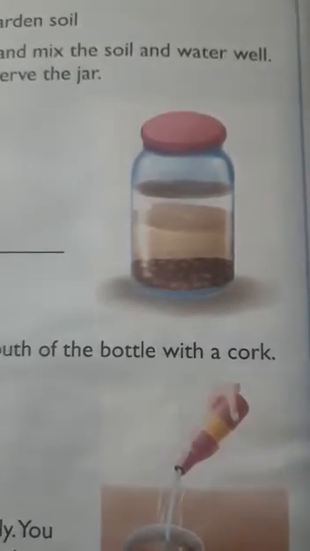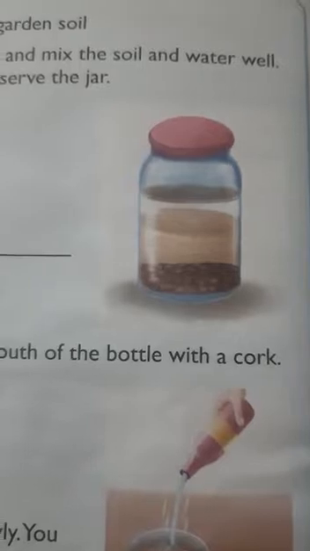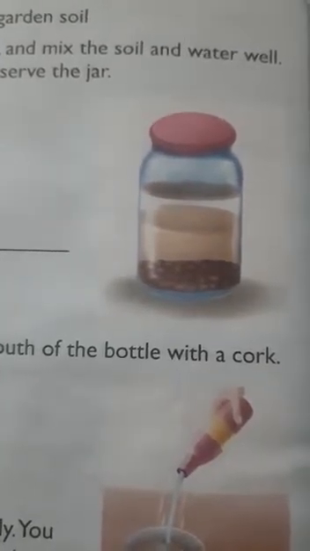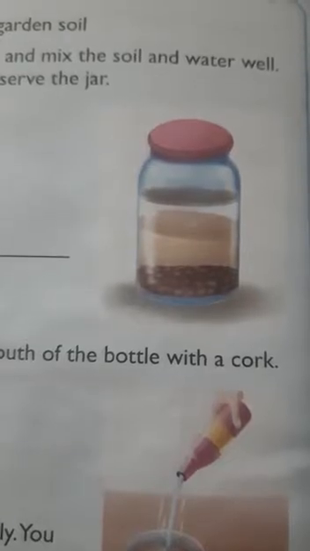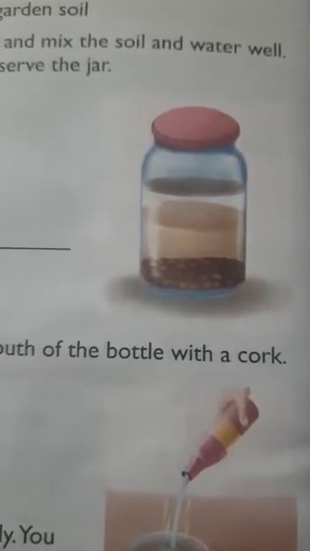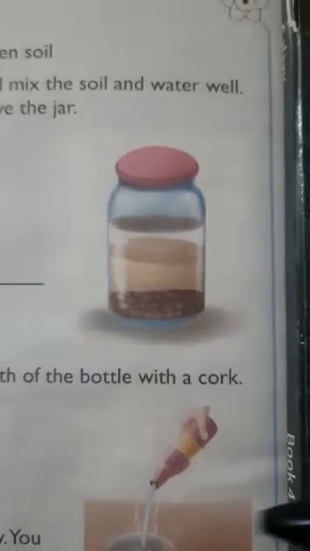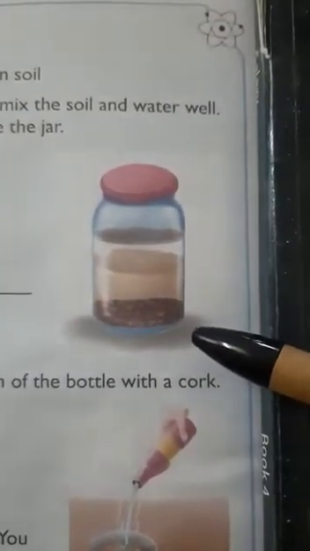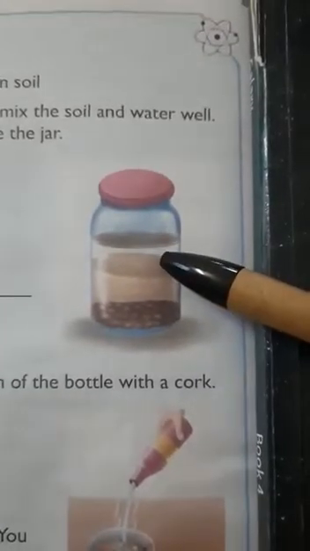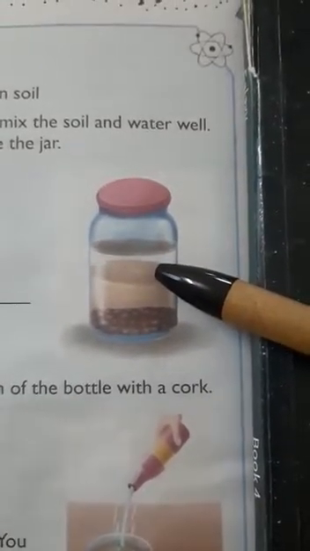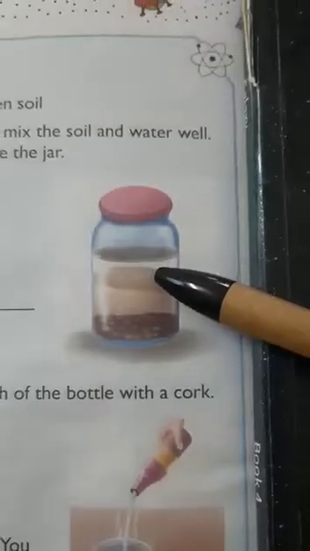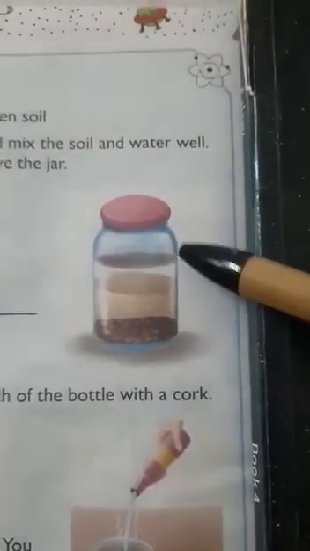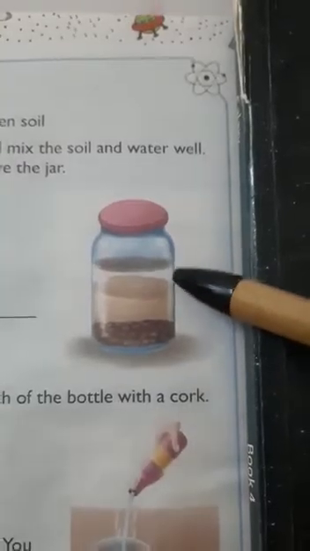Then at the top of this jar, we will see humus, that is the dead and decaying matter which is light in weight. So it will be floating on the water. So at the top layer, on the water, there will be some floating matter, that is humus. So what does soil contain here? At the bottom, pebbles and mud. Then above this, we will find some muddy water, clay and sand. And at the top of the water surface, we will find some light humus particles.